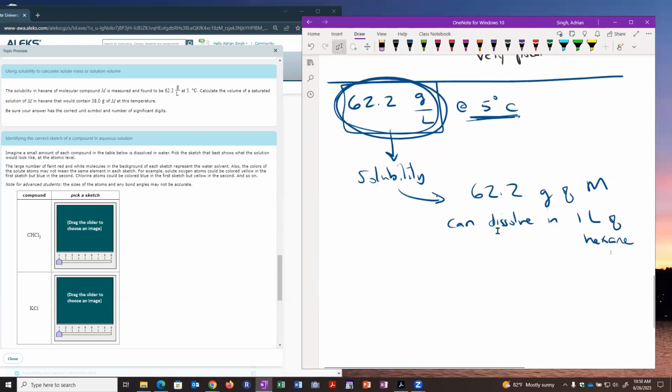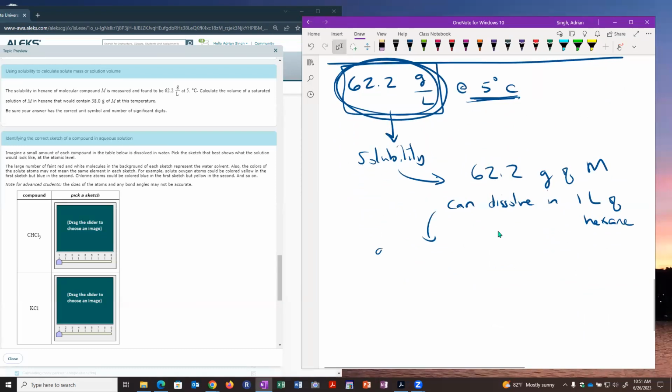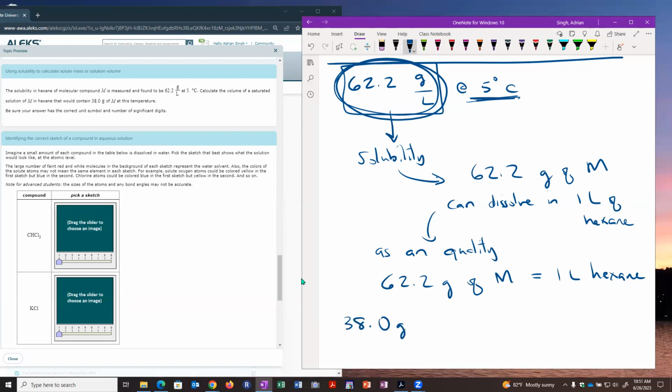All right, so in other words, you can take this and express it as an equality to make it more user-friendly. We can say 62.2 grams of M for every 1 liter of hexane. And now, maybe the rest of it is going to make a little bit more sense. So it says calculate the volume of a saturated solution of M that would contain 38.0 grams of M at this temperature. So we want to figure out now if we want to dissolve, instead of 62.2 grams of M, we want to dissolve 38 grams of M, what volume of hexane